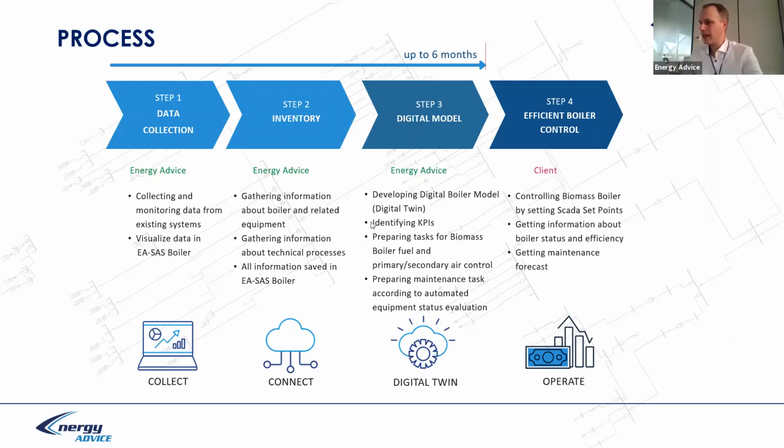Of course, also identifying KPIs. For example, you are willing to get some, for example, KPI kilogram of fuel per megawatt of heat, or efficiency, or megawatt fuel required for a megawatt of heat, and so on. There are many different requirements we have. So we adapt according to you and provide KPIs for operators, how we operate, how we are far away